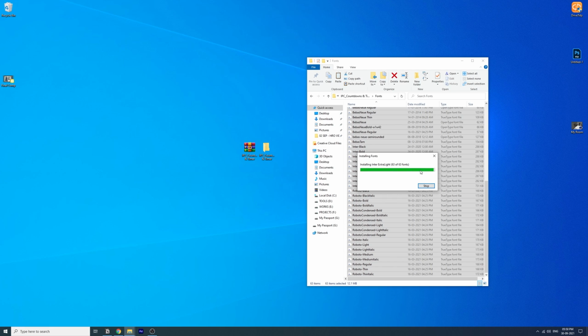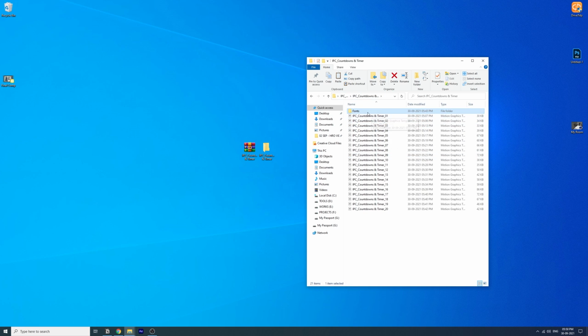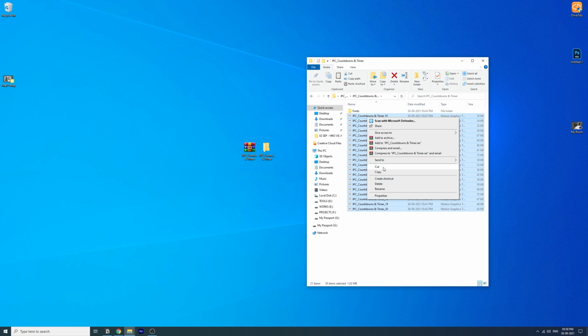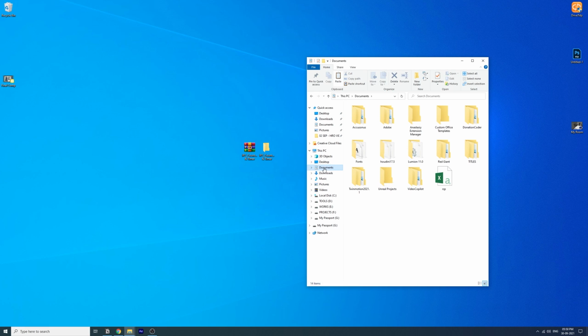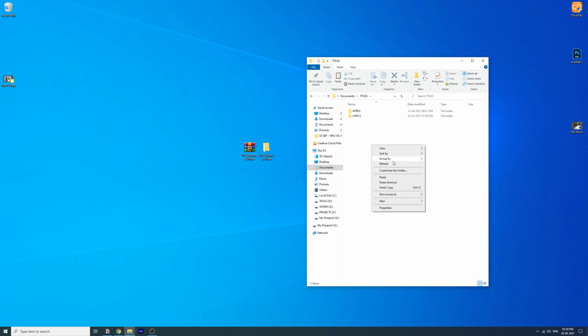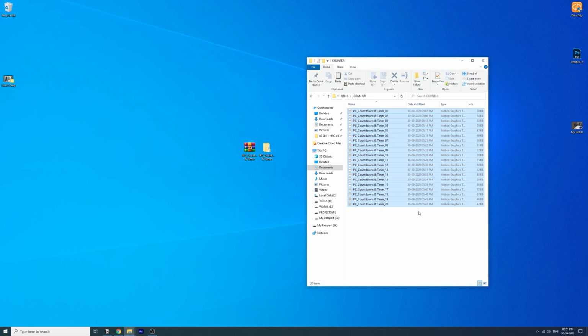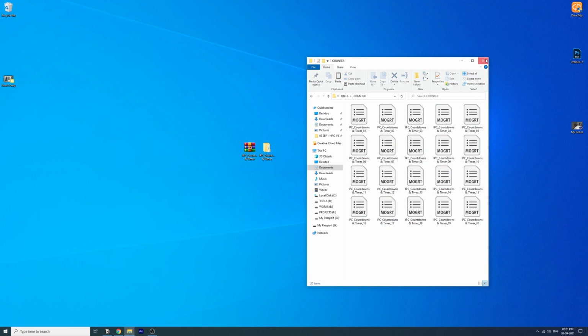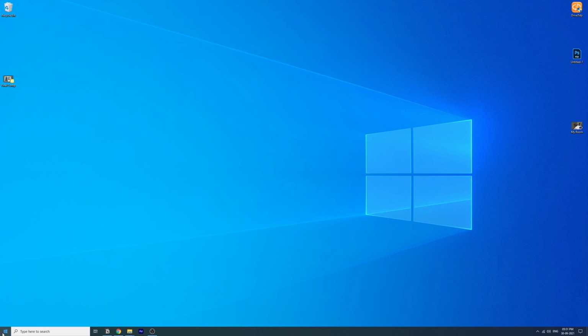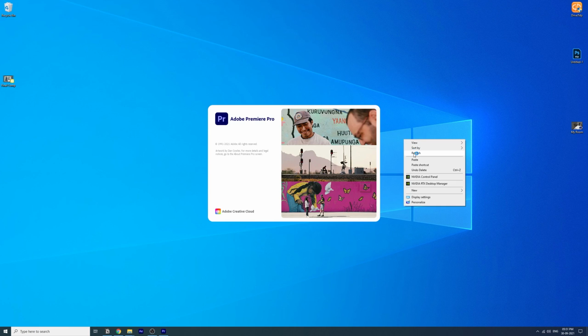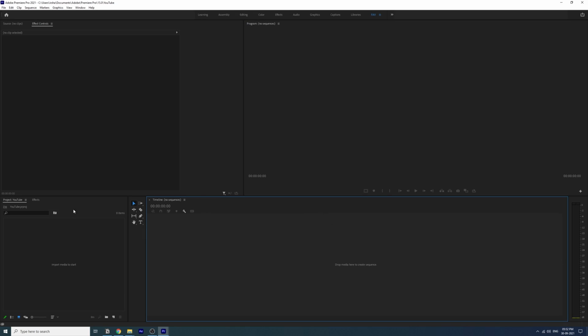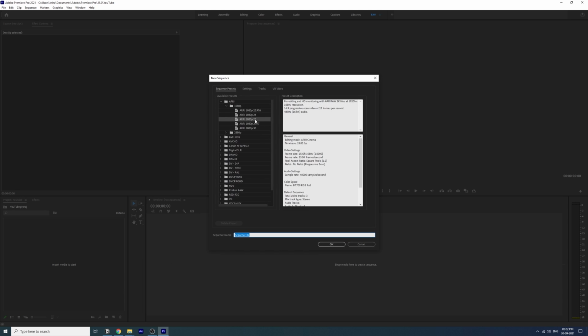Now back to our templates, and we have to make sure these templates are in a safe place. So I'm going to copy these templates into the Documents folder, where I have already created a title folder. Inside that, just create a new folder named countdown. It's not necessary, but it makes sure these templates are in a safe place. Anyway, open your Premiere Pro and create a new sequence,